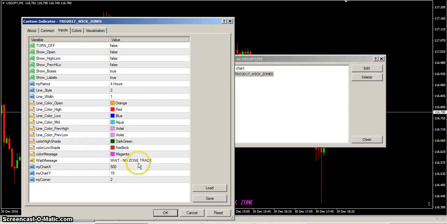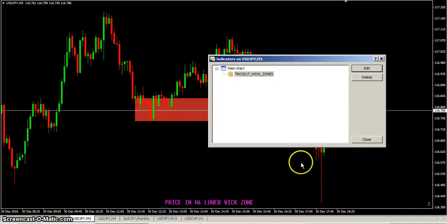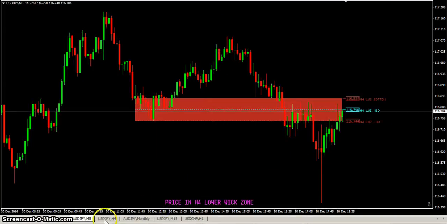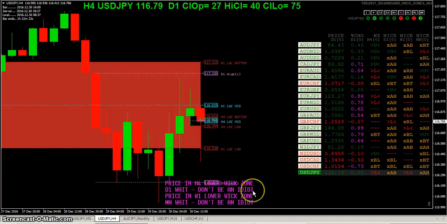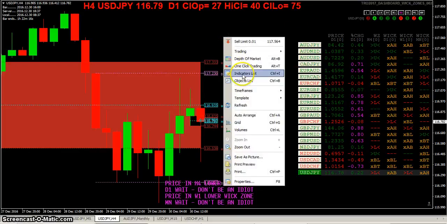Here you can change the weight message right there. Remember, on my other screen I have the "don't be an idiot" message. That's just too funny. Don't want to be an idiot. And remember, here you can, if you want,